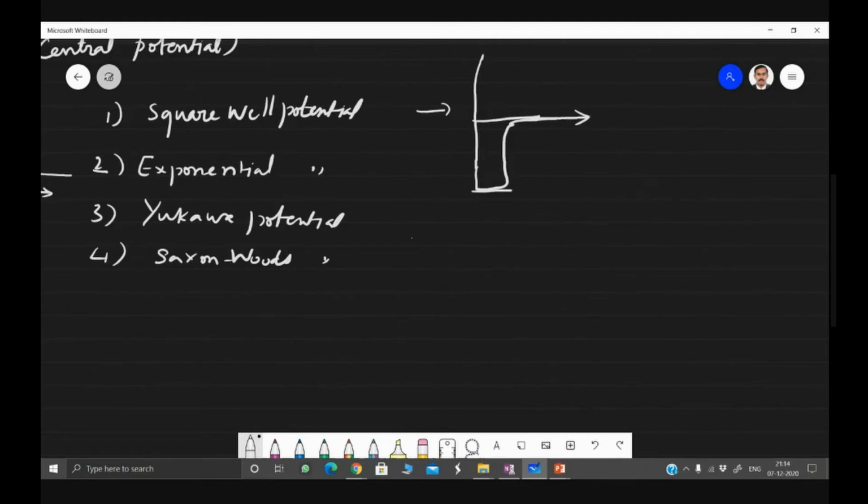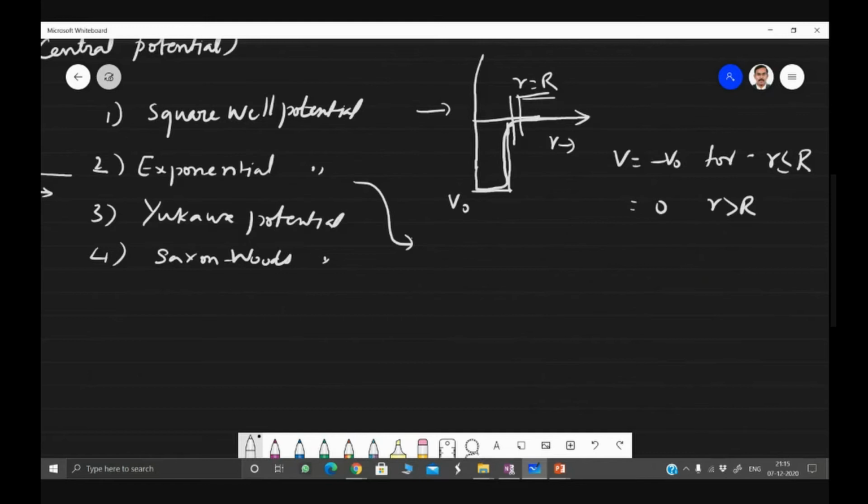So this is straight. Okay, so this is V naught, and let us say this is R. So V will be minus V naught for, let us say this boundary at which the potential becomes zero is at R is equal to R. V will be V naught for r less than or equal to R. Otherwise, it will be zero for r greater than R. So this is the form of square well potential, and exponential potential